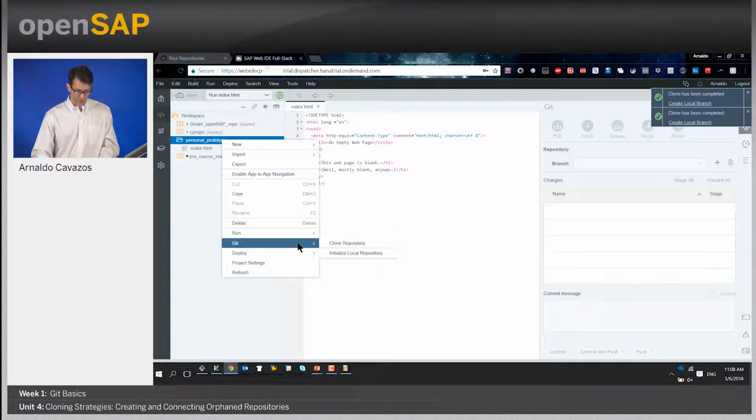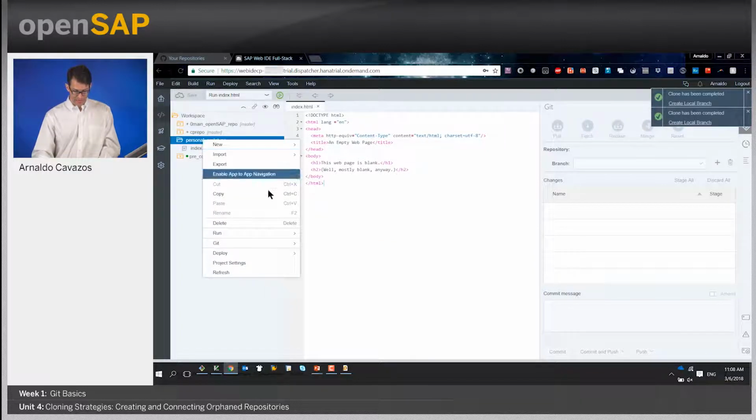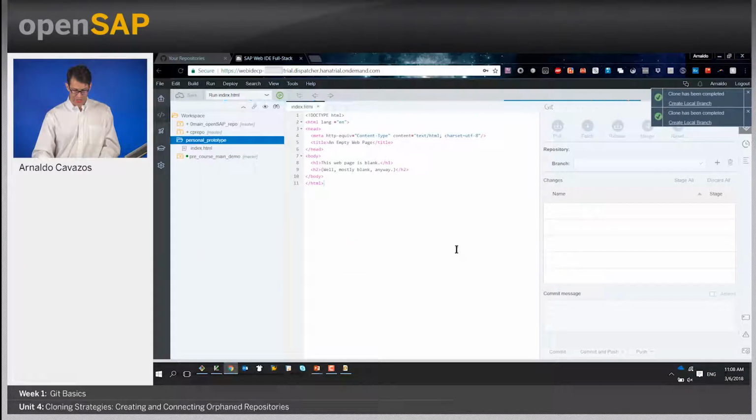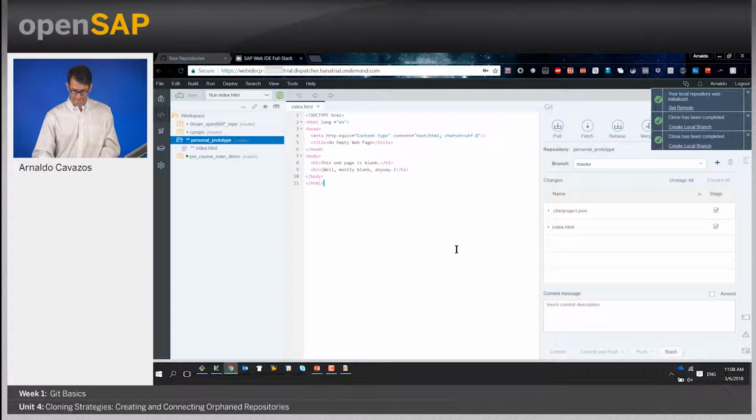We may not even be sure that we want to share it with anyone at this point, but we want to use version control for our prototype. So I right-clicked the folder. I'm choosing Git, and I'm choosing Initialize Local Repository. Now we have a Git repository. See, the symbol here changed a bit. You have all the power of Git that we will cover throughout this course available at your fingertips, even though you don't have a